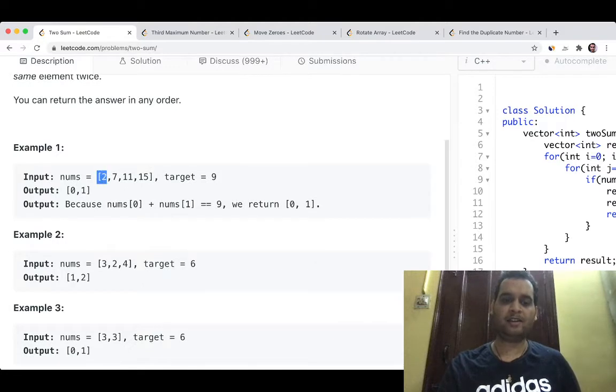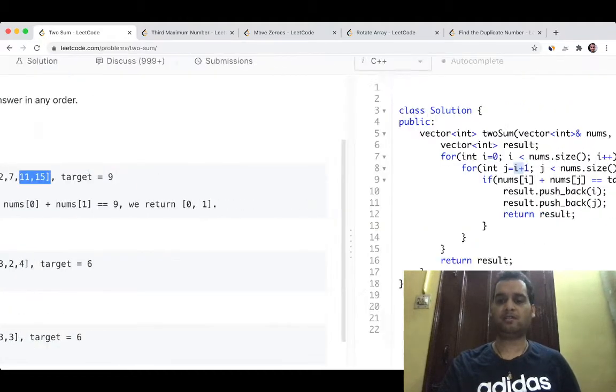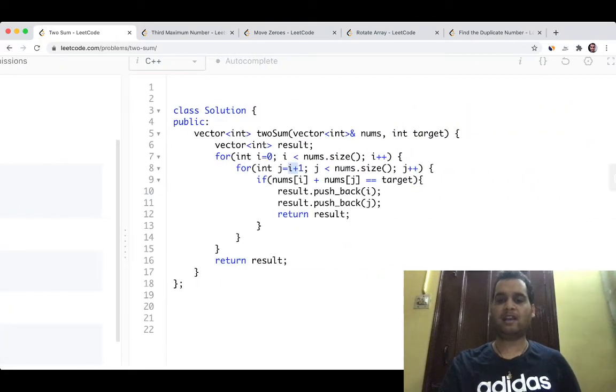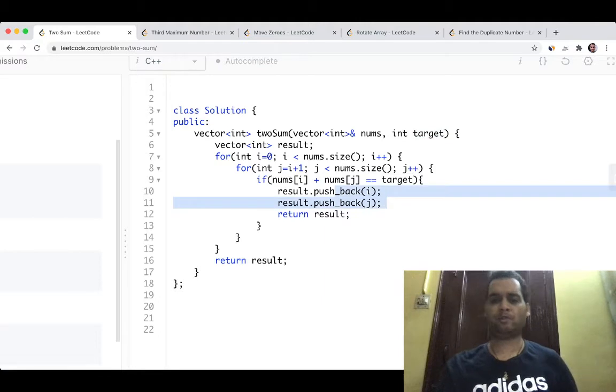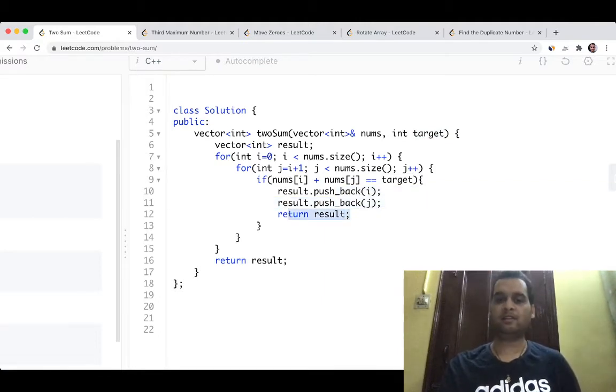If we compare 7, we will start the loop from 11. So j starts at i plus 1, less than nums.size, j plus plus. It will check if nums[i] plus nums[j] is equal to the target that we have to find, then we push both the indexes in the resultant vector and return. Quite simple.